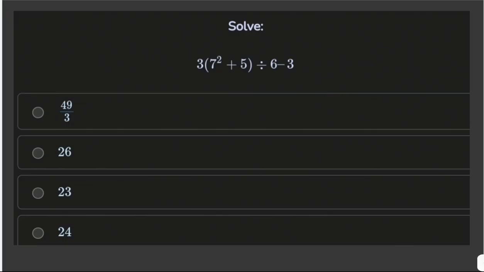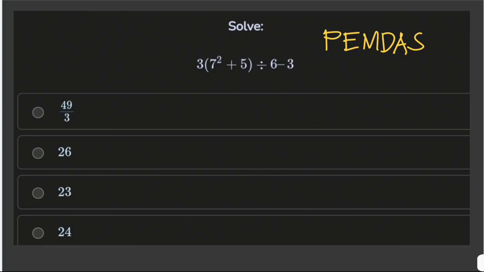Alright, we're given this expression and then we solve it. We're given 3 times (7 squared plus 5) divided by 6 minus 3. So how are we going to solve this? All we need to do is use the order of operations, or what we call PEMDAS,